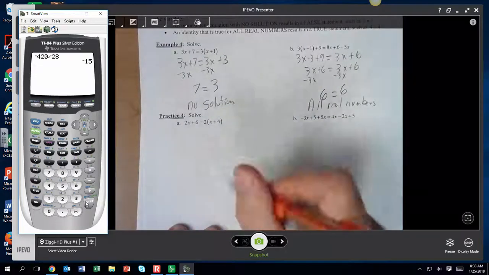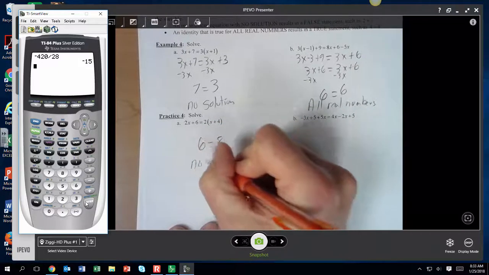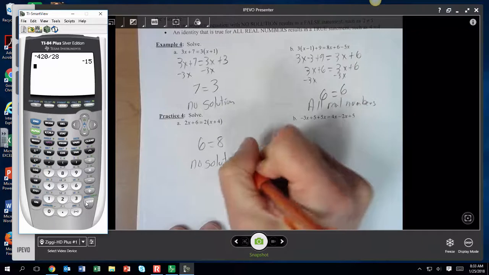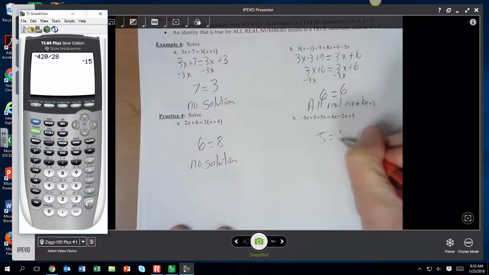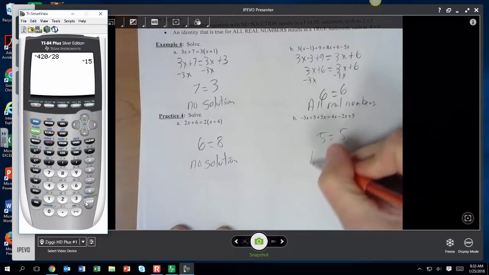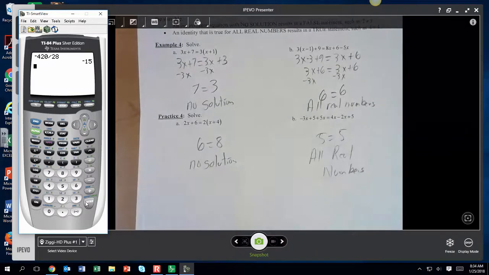So for practice 4, you end up with 6 equals 8, so there's no solution. And for this right equation, you end up with 5 equals 5, so it's true for all real numbers. So go ahead, stop the video, do the 2-3 homework in my math lab,